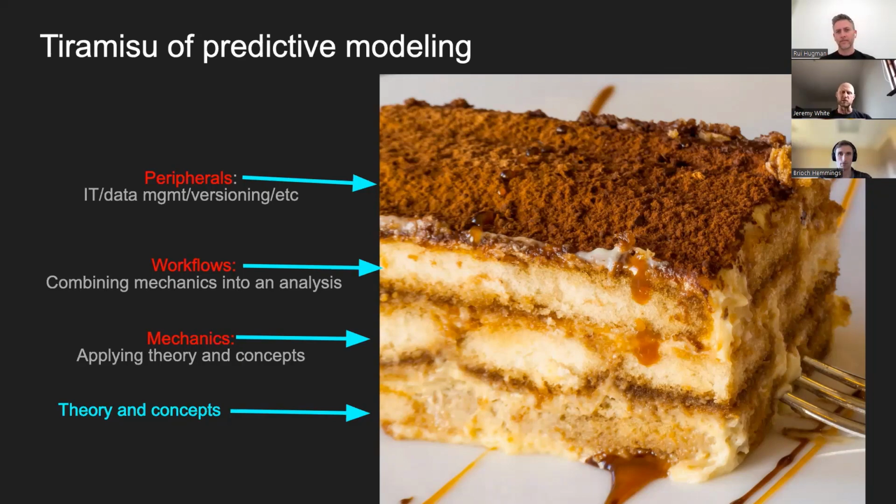Well, I'm going to take this contrived analogy a little bit further. I'm going to say that the fork in this analogy is scripting and coding, right? That's how I think, at least for me, I best consume the workflow of predictive modeling. And so